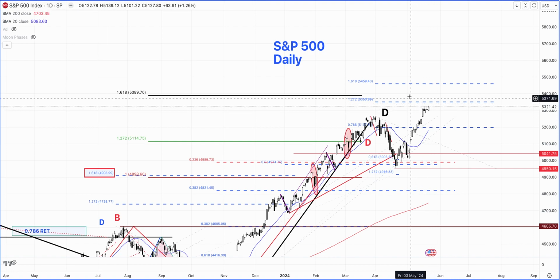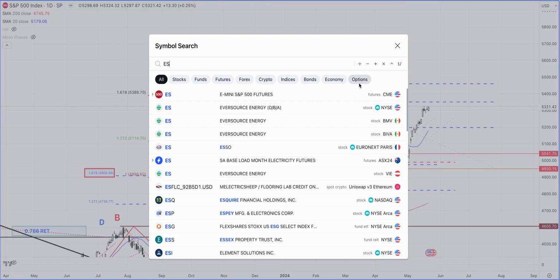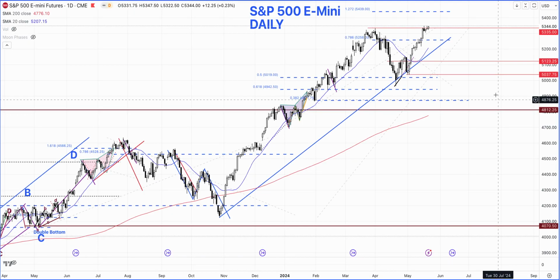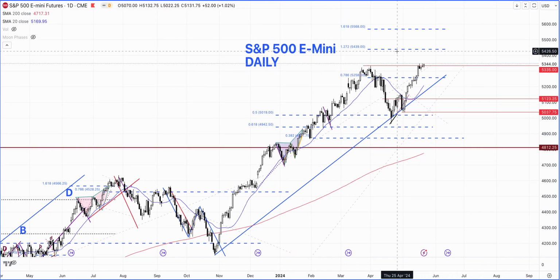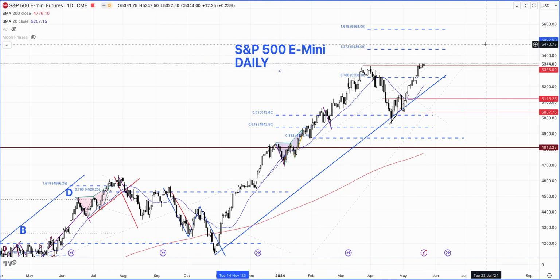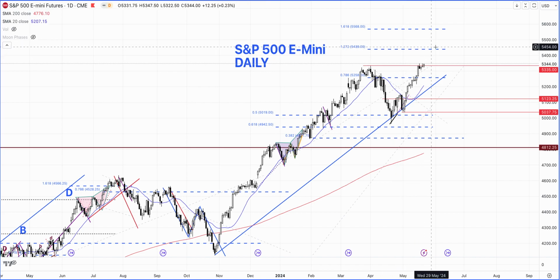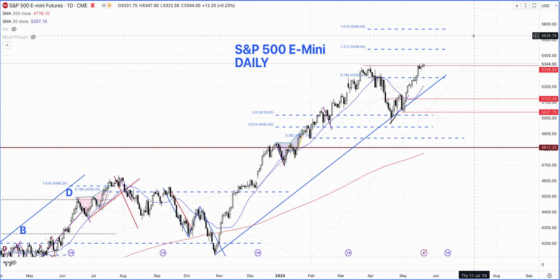We have also seen a similar pattern happen in the European markets as well. And if we take a look at the futures S&P 500, it is also making new time highs. However, the cash is stronger, and that's interesting to watch. The 1.272 comes at 54.39 for the futures. It looks like the market wants to go and test this, and beyond this, we also have the 1.618 coming around